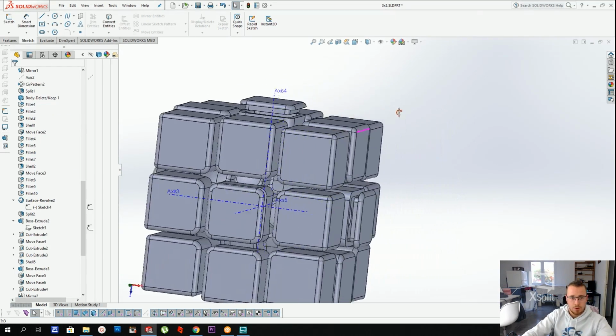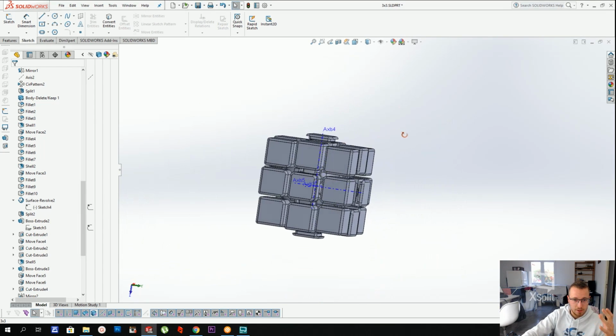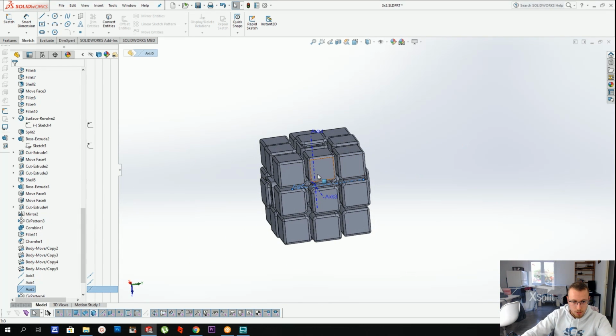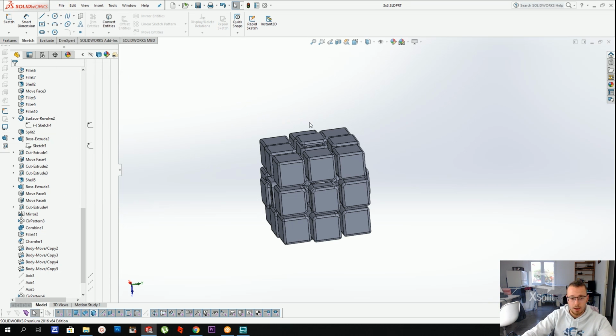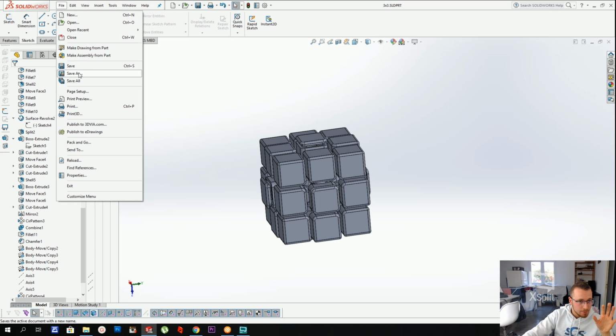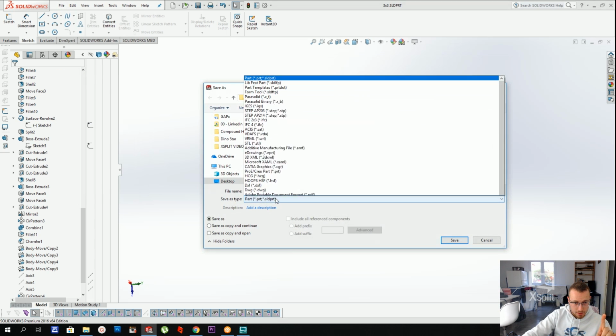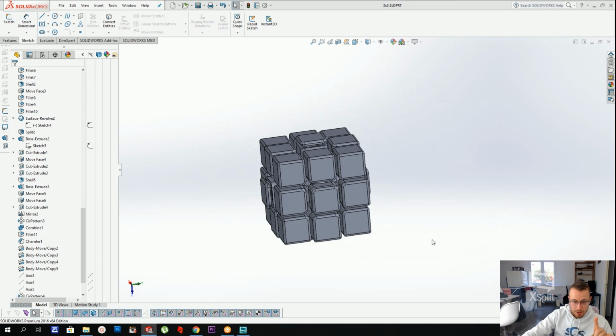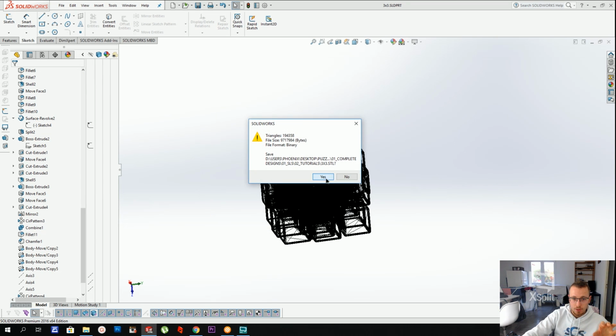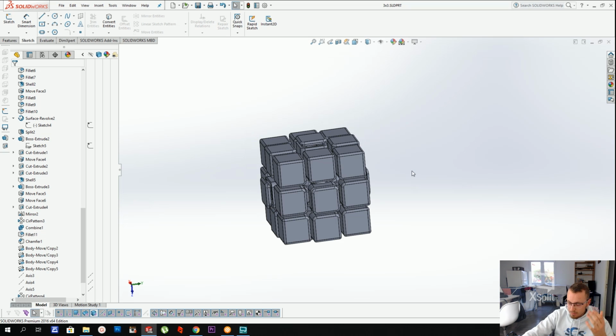Alright, so now I've created a copy of every single part inside the Rubik's Cube, and what I can do here is File. Okay, first of all I'm going to save. I forgot to save since the beginning, but that design is actually quite easy. And File, Save As. This time you're going to save it as an STL file, and press Save. And this is the file that you're going to upload to a 3D printing company if you want to get